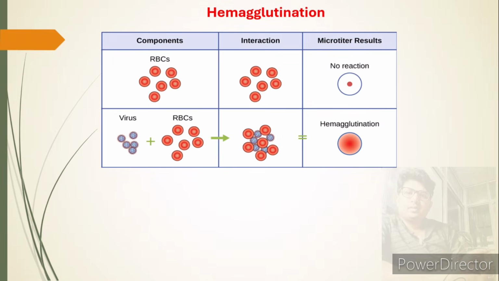Here is the hemagglutination picture that I have told you. Here you can see the normal RBC in a suspension will be seen like this. In the tube it will form a dot at the bottom of the tube, but if you add viruses in the proper quantity, they will join with the RBCs and form a hemagglutination suspension where the blood or the sample will be reddish. You will see the action.